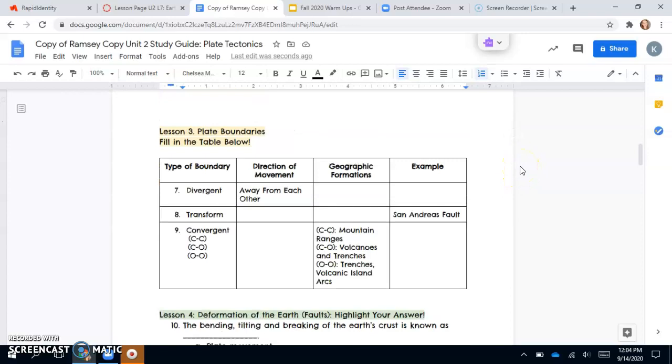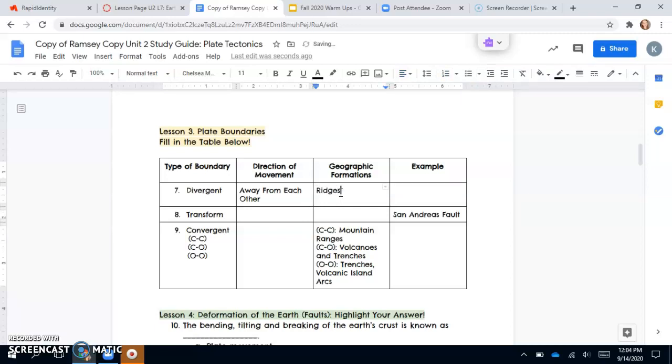Now, 7, 8, and 9 refer to our plate boundaries. So we're going to fill in this table below for our plate boundaries. So we're going to do the direction of movement, the geographic formations, and the examples. Okay, so divergent boundaries move away from each other, and typically what we get here are going to be